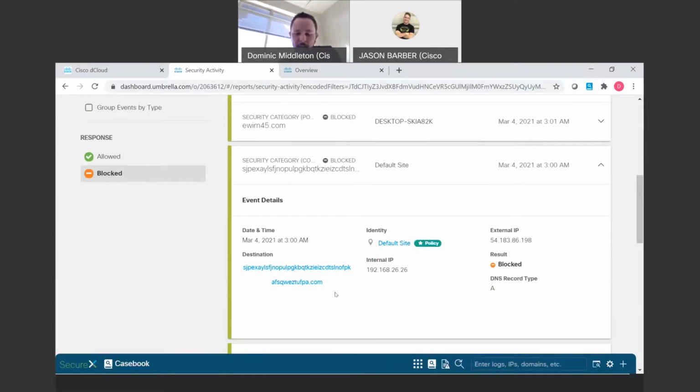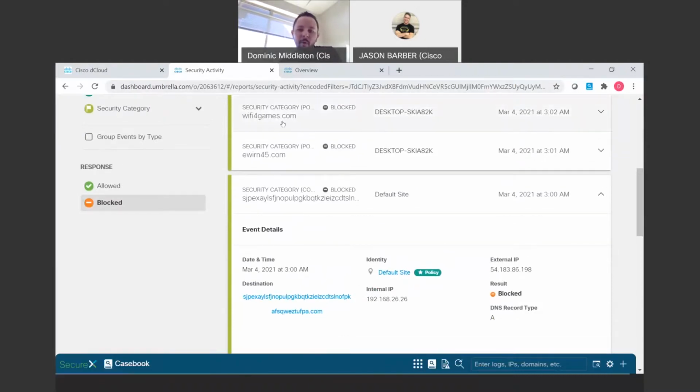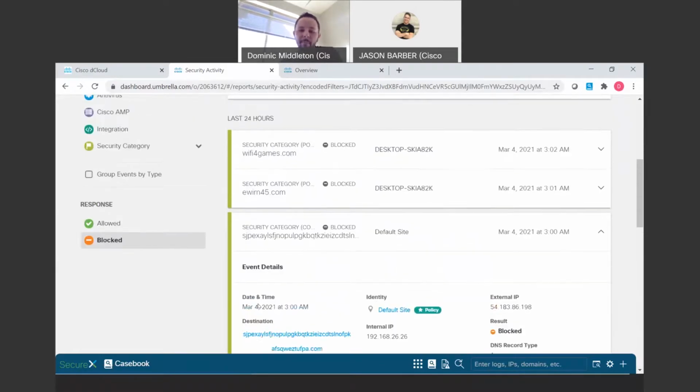It's probably a phishing attack that came in that got masked as something else. Maybe it was something like Wi-Fi4games.com when it came across on somebody's URL or through their email. Looks fairly benign. I click on it. This is the actual URL that's behind it. I just got hit with a phishing attack, or I just got hit with a ransomware attack. So you might see something like that. That's something to keep in mind. These attacks that come in are pretty sneaky. You're probably not going to see this SJPEX, blah, blah, blah. You're probably going to see something that looks pretty safe, and then you're going to get hit by that, okay?